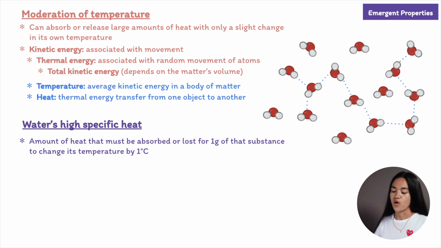Hydrogen bonds break when heat is absorbed, and they are formed when heat is released. Because hydrogen bonds are abundant, water is more resistant to temperature changes and other substances. So you may be thinking, okay, that's pretty cool, but how is this relevant to life? Why is this important? A large volume of water can absorb and store a huge amount of heat from the sun